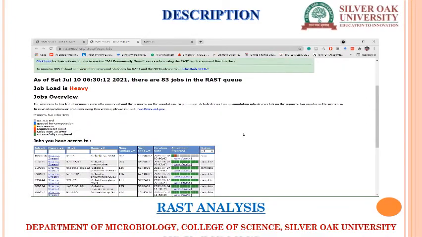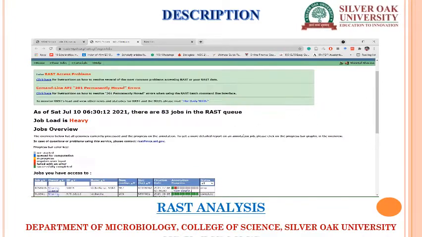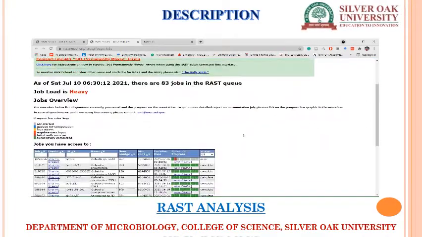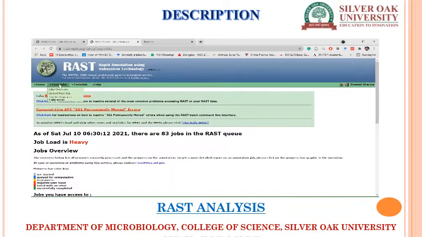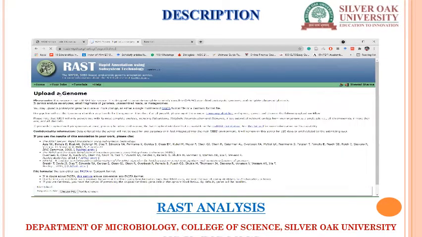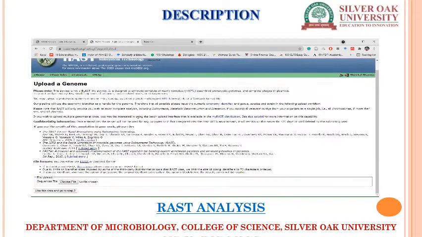However, if there is a failure or error, you automatically get a mail from RAST, so there is nothing to worry about. Now, if I want to upload a new job, here are the terms and conditions, and you can select the multi-record FASTA file format, GenBank format, whatever you want.